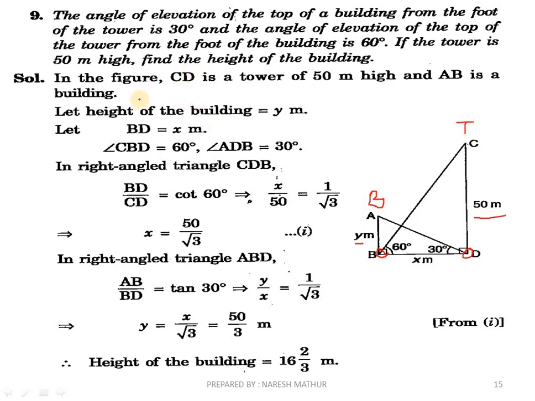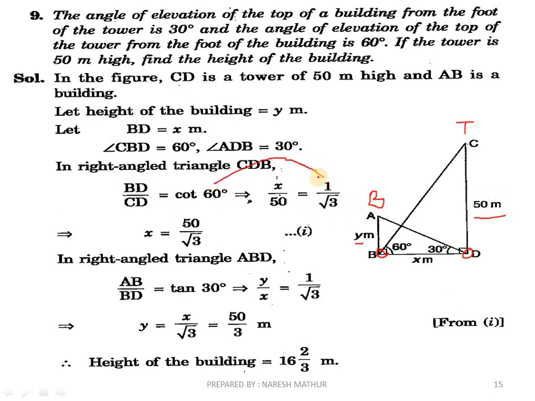Now see, let's say CD is the tower and AB is the building. We need to find the height of the building. Let BD be x meters and AB be y meters. Now in triangle CBD, we can take either tan or cot, because we have the relation between perpendicular and base. So here we are taking cot 60, base upon perpendicular, so it would be x by 50,